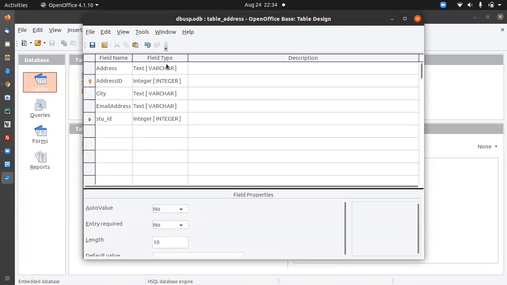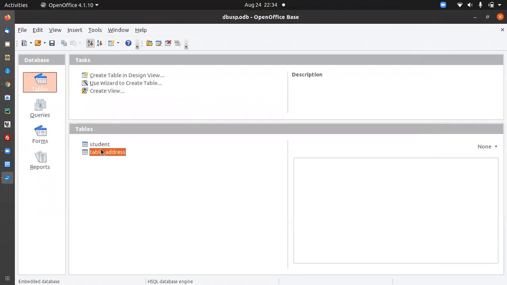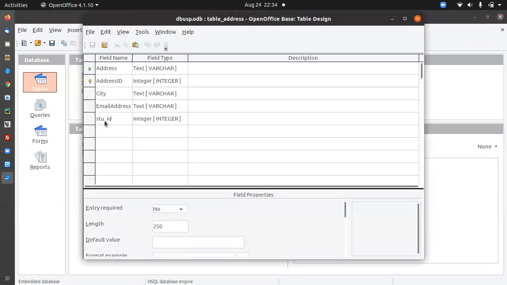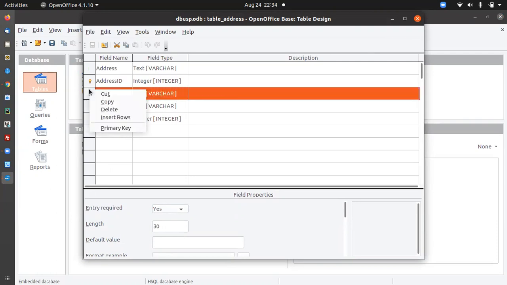Now you have made the change in your existing table, and this field will be added. Save it and then close it. Whenever you open the table again in edit mode, you can see that the field has been saved. If you want to remove any column, just right click on the column and then delete. In this way we can delete a column.